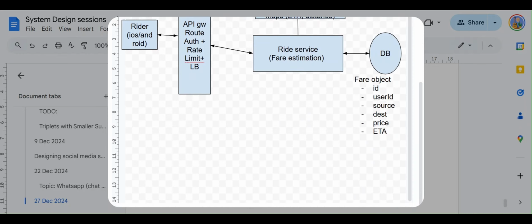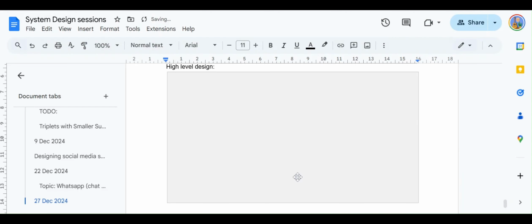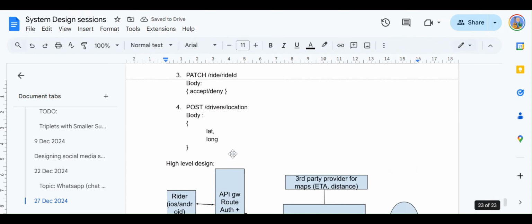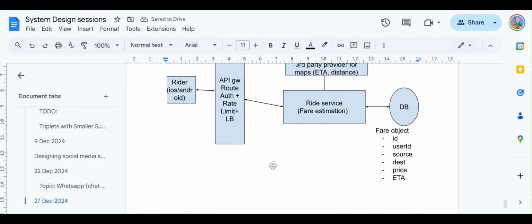Here I'm just fulfilling the functional requirements. I'm not going into the non-functional requirements at this point in time. We'll go into that a little bit later. So this first functional requirement has been fulfilled as of now.